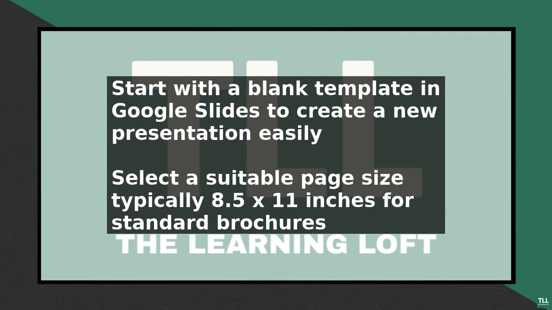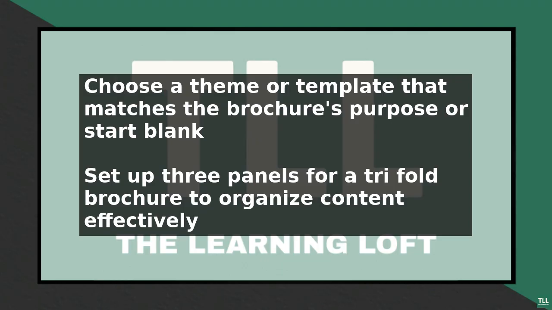Add text by clicking on the text box tool and typing in your content. Use the formatting options to adjust font size, style, and color to make your text stand out. Add images by clicking on the image icon and uploading your files or searching for free images from the Google